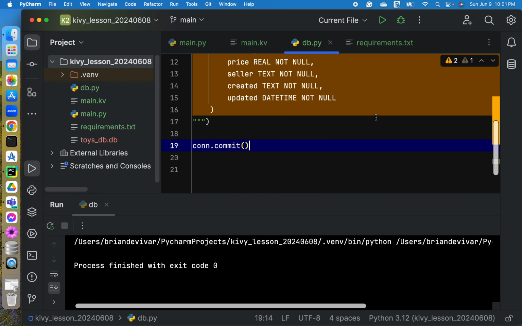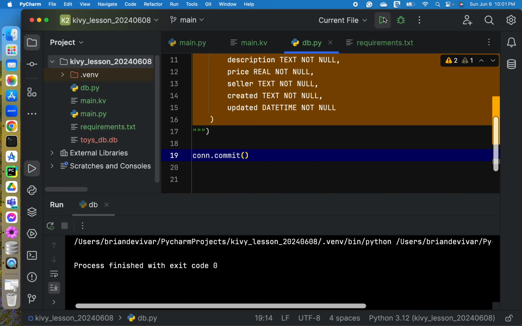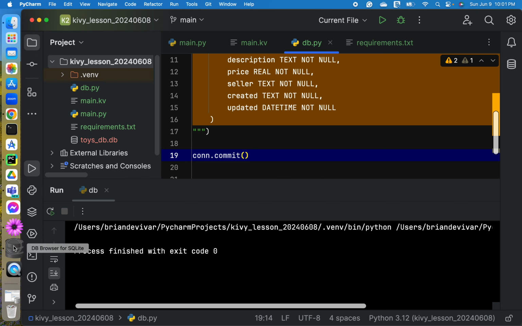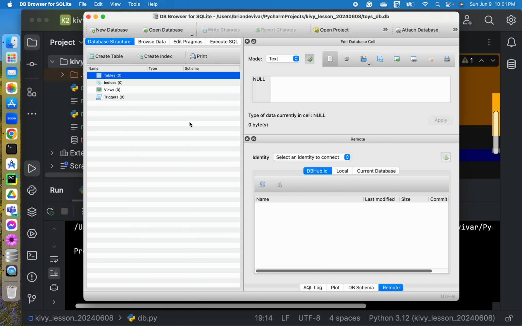So let's run this query and let's see what will happen. Okay, so as we can see, there were no errors. And let's take a look at our SQLite browser. Let us refresh.